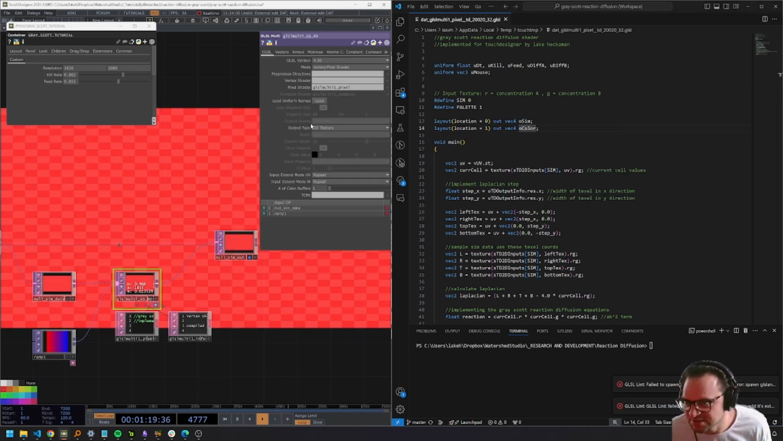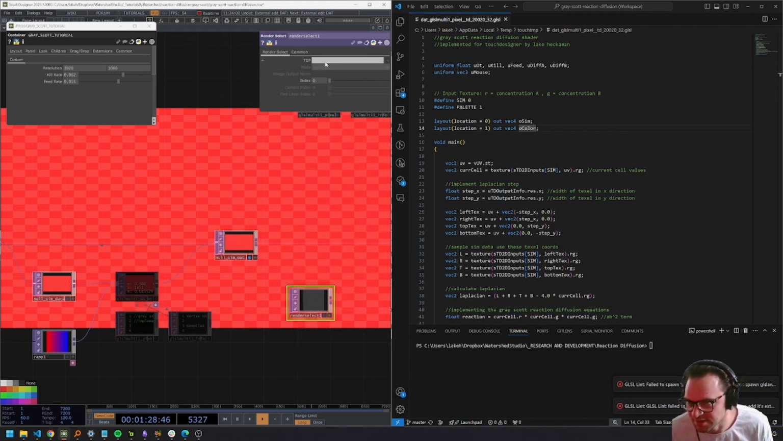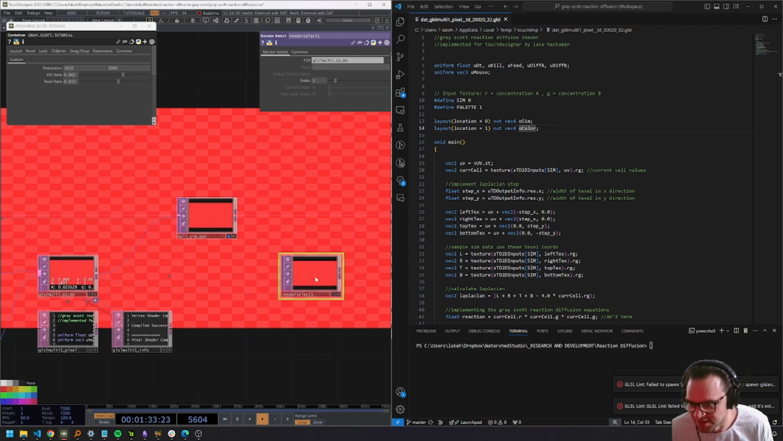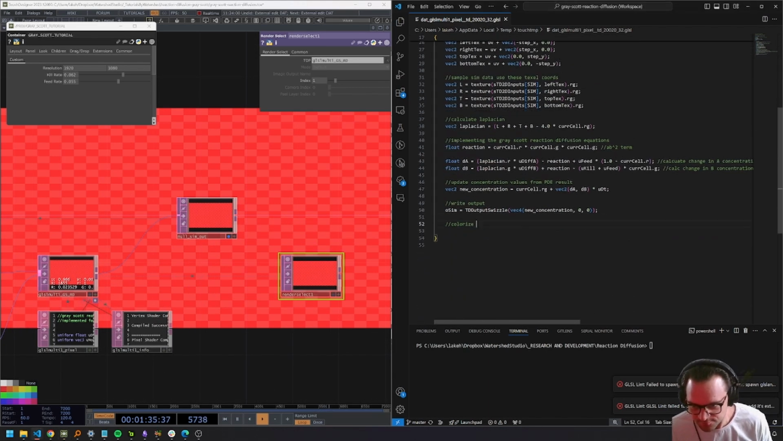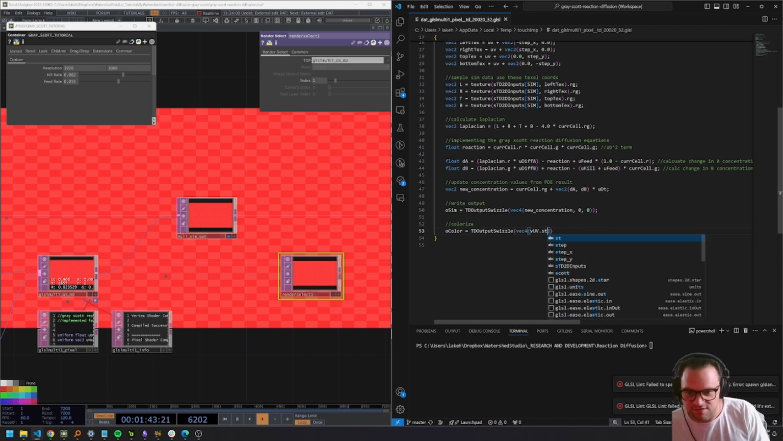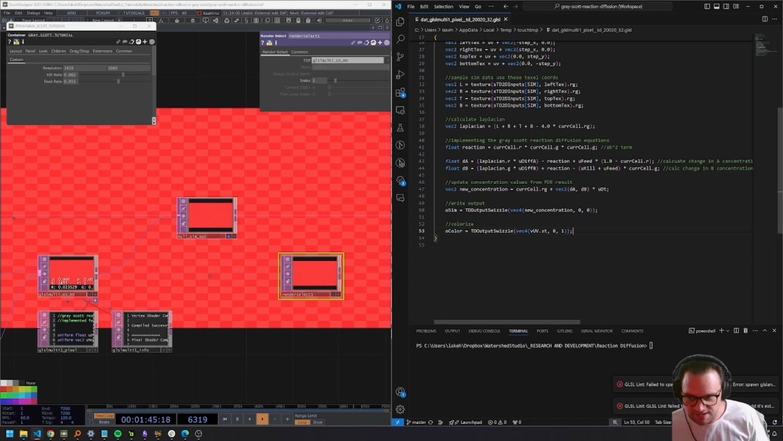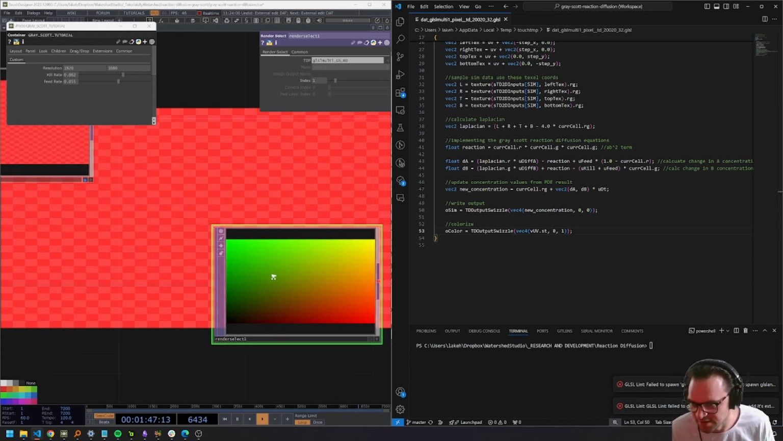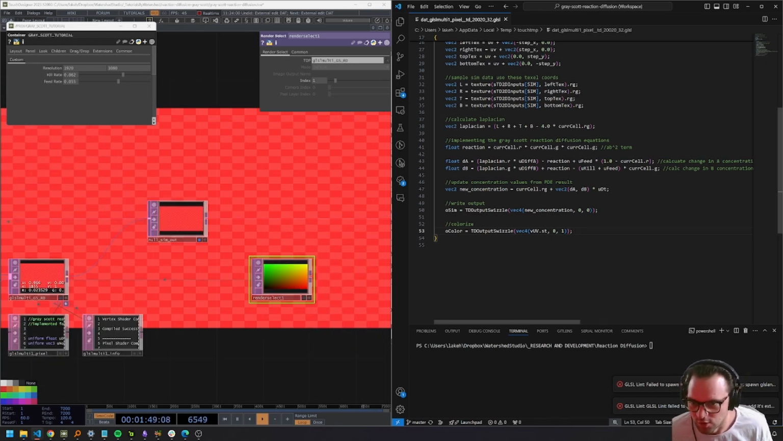If I go into my GLSL, onto the tab GLSL parameters, and increase my number of color buffers to 2, I can then use a render select, drag and drop my GLSL onto the top, and set the index to 1. This will then allow us to see that new color buffer, and we can see that by writing oColor equals TDOutputSwizzle, and then vec4